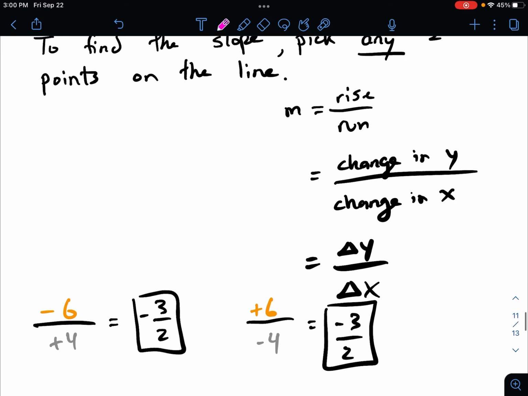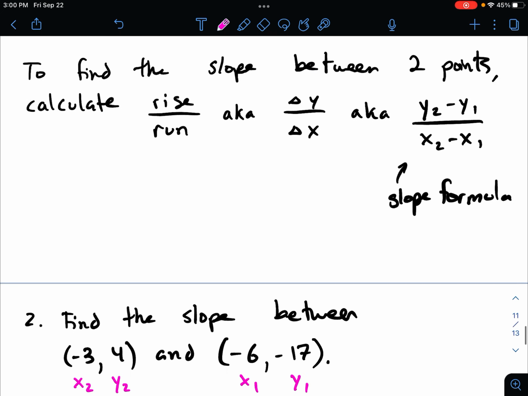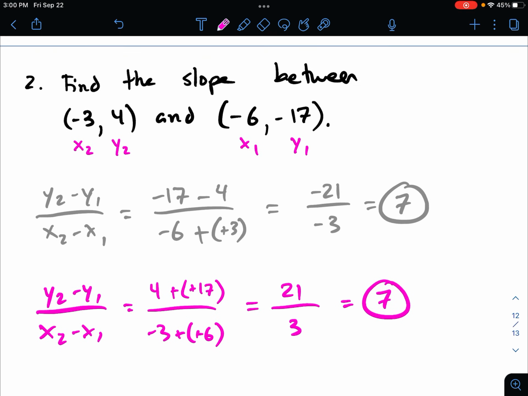Again, that goes back to when we did the graph, and we saw that you could go from either direction and still get the same answer, so that's reflected right here. So that's how you find the slope between